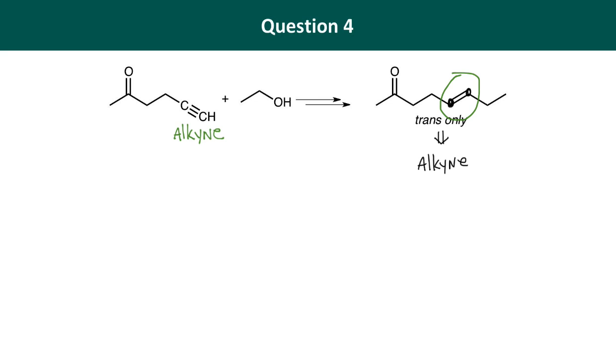Once you've determined what that alkyne looks like, then the question is, how do you make this carbon-carbon bond here? This is the carbon-carbon bond you eventually have to make, because if I count carbons in the starting material, I've got 1, 2, 3, 4, 5, 6, and I do the same thing in the product. Here's carbon 6, and then 7, 8. So I need to form a bond between carbon 6 and carbon 7,